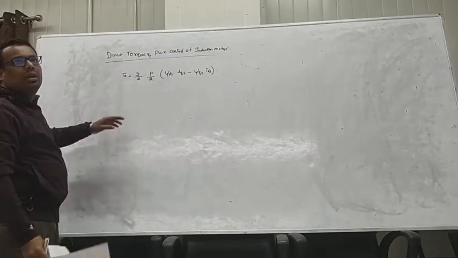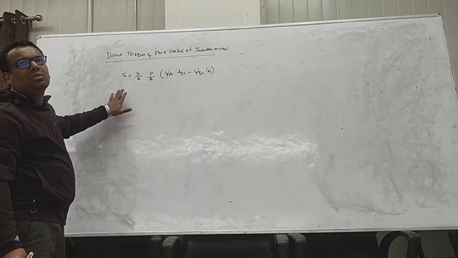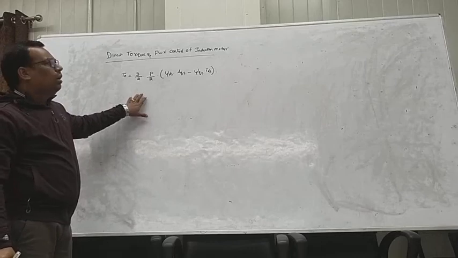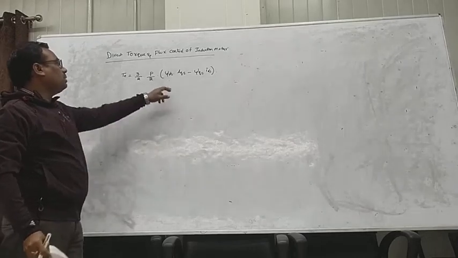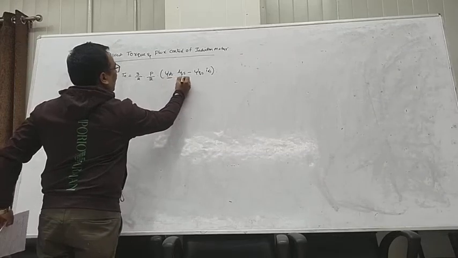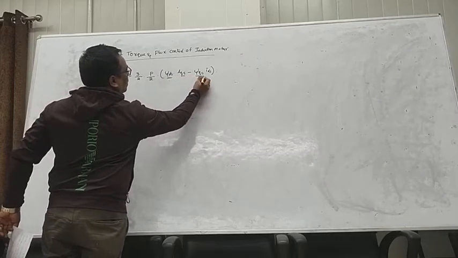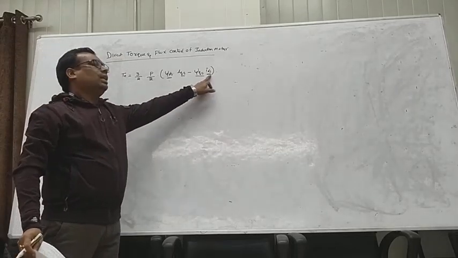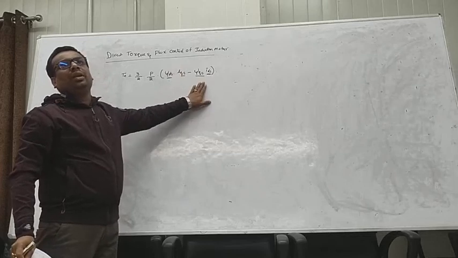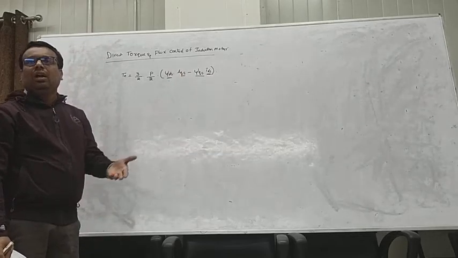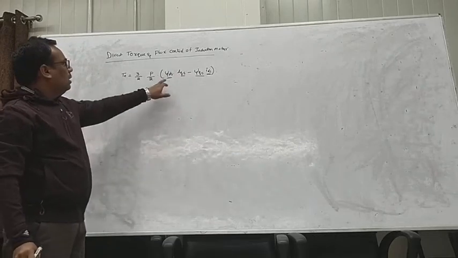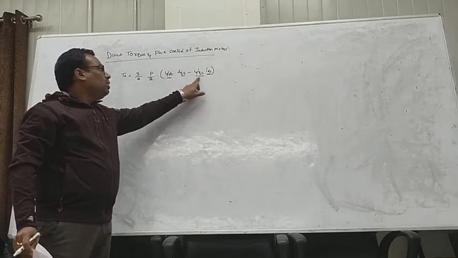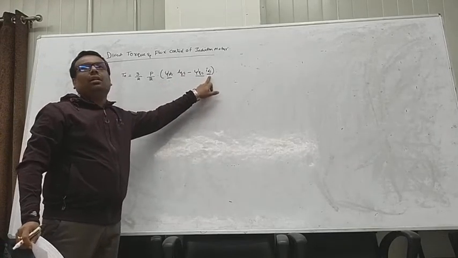So this is the fundamental torque equation in the dq reference frame, the dq variables in the stationary reference frame. Here you see the terms psi ds and IQS, psi QS and IDS. So now you need to change this IQS and IDS so that the total torque equation is in a single uniform fashion, either in terms of flux or in terms of current. Because here psi ds is a flux component and IQS is a current component, and here psi QS is a flux component and IDS is a current component.